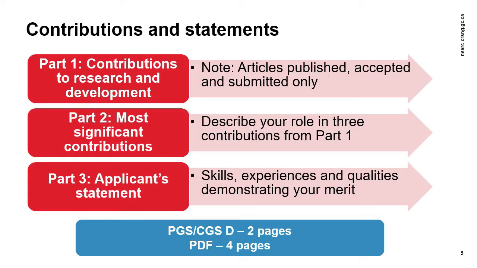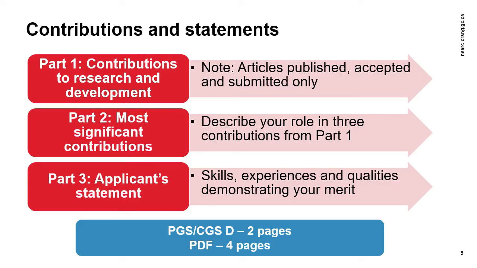You may also list other types of research contributions in this section, such as poster or oral research presentations at conferences, patents and copyrights awarded, or contributions to industrial research and development activities. For full details on what information to include in Part 1, and how to present this information in accordance with NSERC standards, you should review the application instructions in detail. Keep in mind that the intent of this section is to provide reviewers with a snapshot of your work at the time of application. As such, NSERC will not accept updates to your publication record after your application has been submitted.